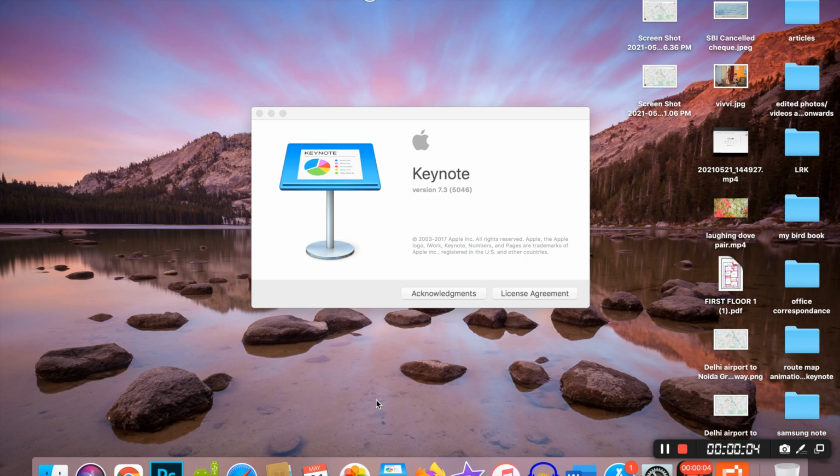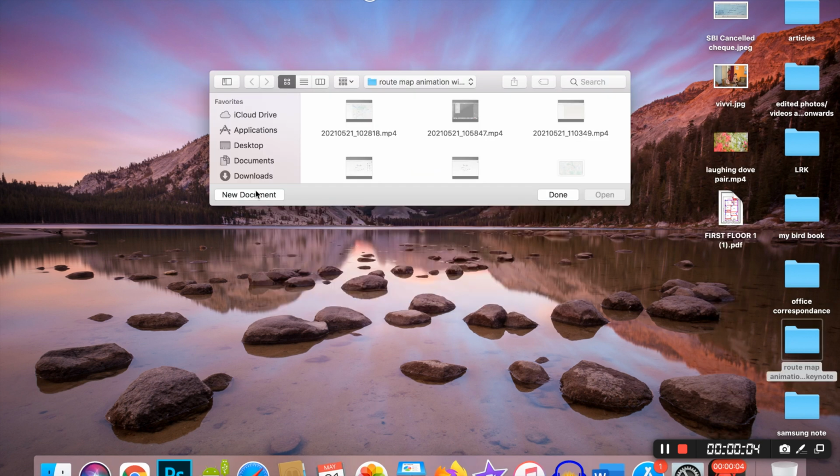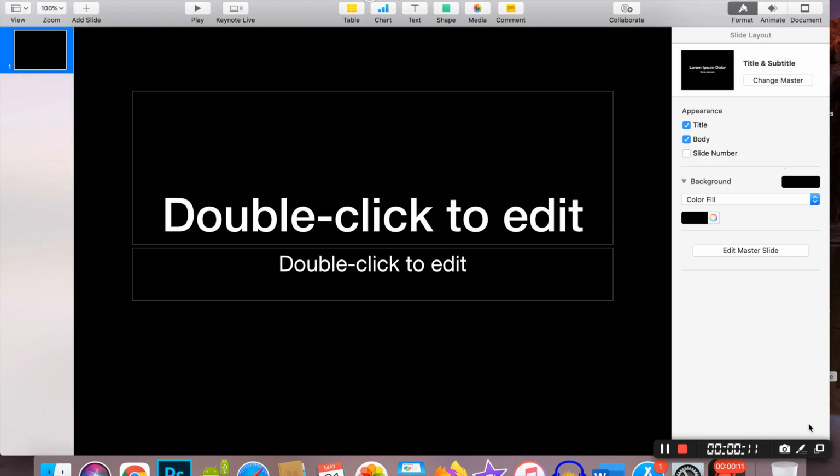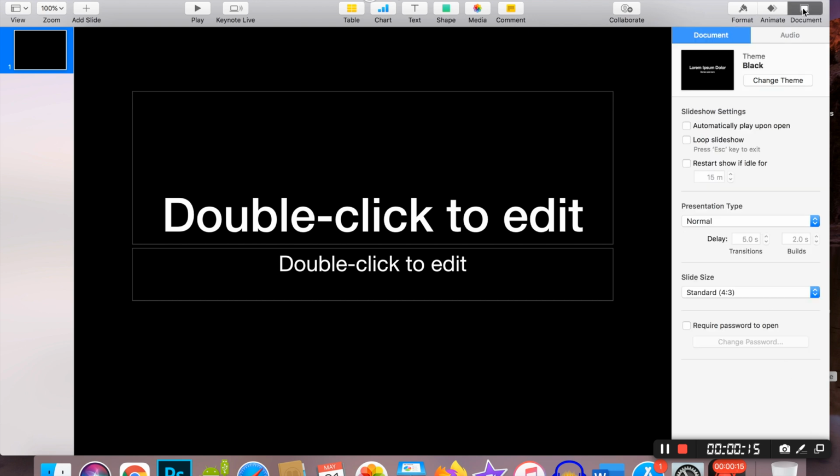Now we are using Keynote version 7.3. I'll show you how we animate in this. First of all, open a new document, choose a new document and go to Documents and size the slide size to widescreen, which is 16:9.